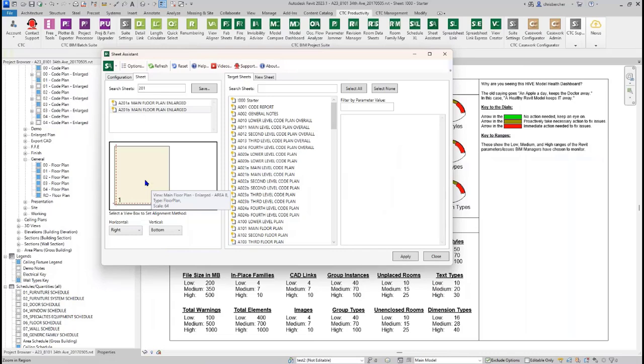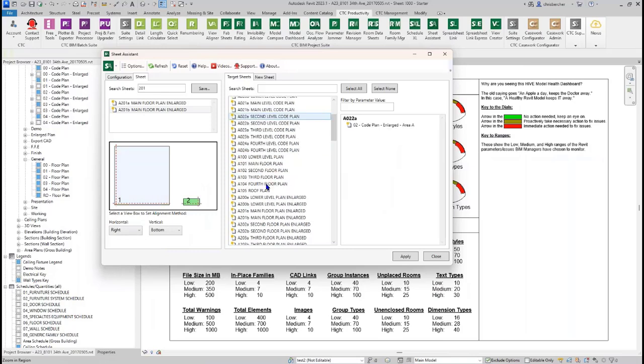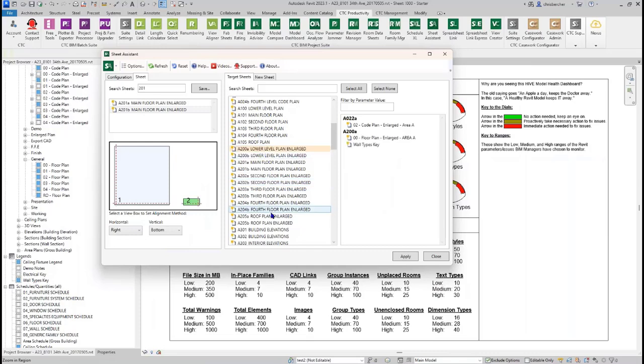This was built off a floor plan. But if a ceiling plan is also supposed to be in the bottom left, and it's going to have maybe a schedule or a legend in the bottom right, and something else in the top right, and maybe something in the middle, you can do that too with the same template. So I can effectively take this and grab all the plan sheets that I want to apply it to, minus the one that I'm in,